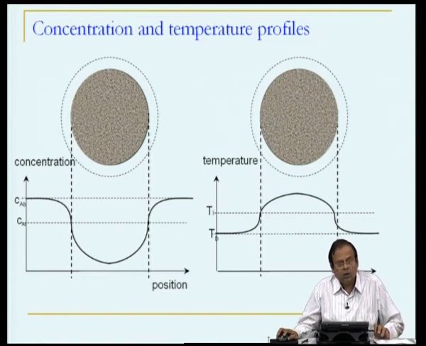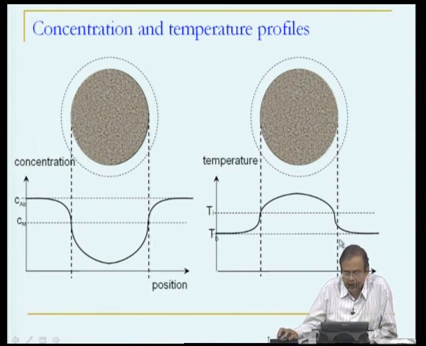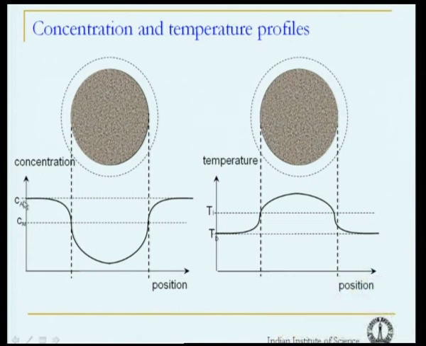So, this figure over here illustrates what happens as a function of position to both the concentration and the temperature. Let us focus on concentration. So, what we said just now, this is my catalyst pellet which is porous. So, material has to diffuse inside. This is my bulk and this is my boundary layer in which the entire resistance to mass transfer is located.